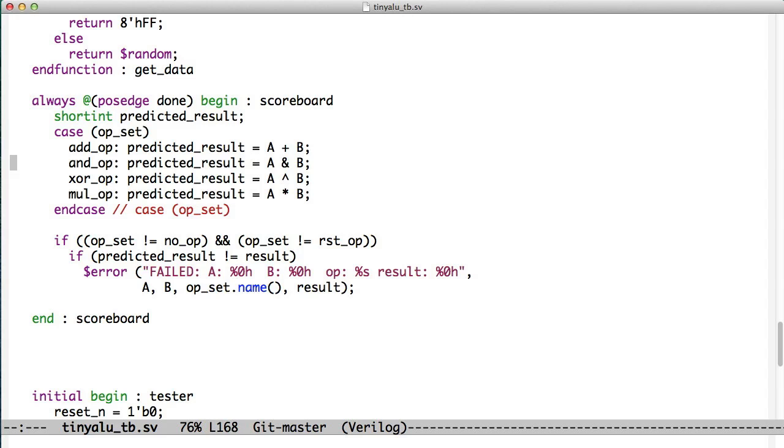operation, and based on the operation, it predicts a result. So if the operation is add op, then we do an add, otherwise an AND, an XOR, or a multiply. And the predicted result comes immediately out of those. And then what we do is, as long as we're not doing a no-op or a reset, we compare the predicted result to the bus that has the result. And if those are different, then we mark that we failed, and we return an error code. So that's the scoreboard. We're going to see different ways of doing the scoreboard as we move forward in the